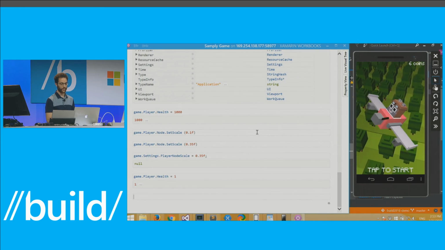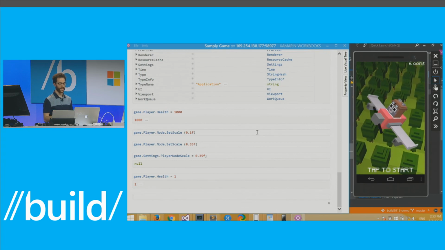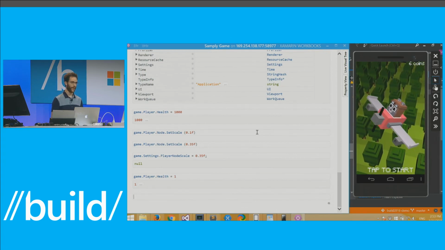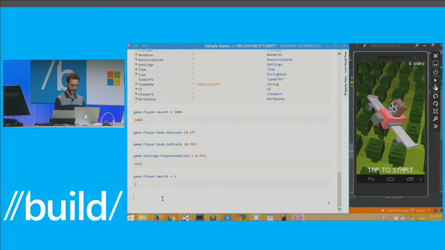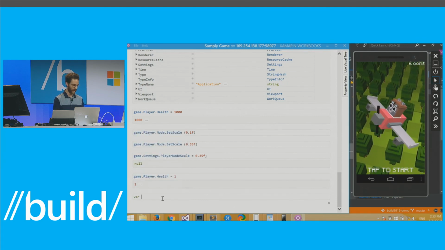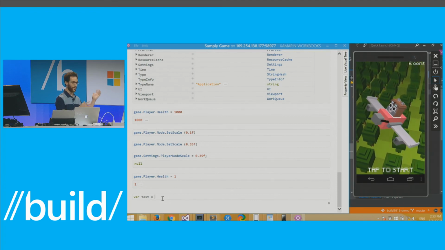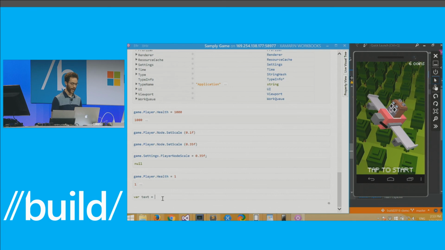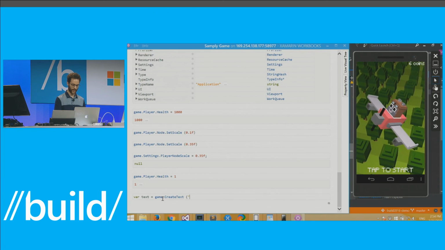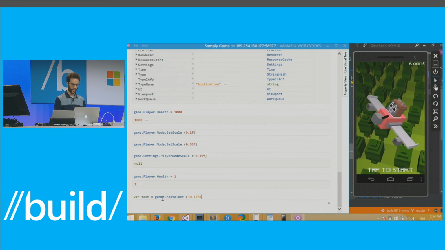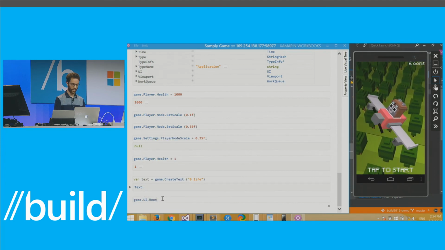Okay, so what else do we do? I thought it would be cool if anytime I picked up a coin, I actually gained health. But then as I was looking at this sample, I realized that although obviously there is health, it's not shown at all in the game. So let's actually add that. Urho has not just shapes and skyboxes and everything. It also has some normal UI elements. So in the game, we can create a piece of text and call it 0 life to start. And we can add it to the actual UI of the game.